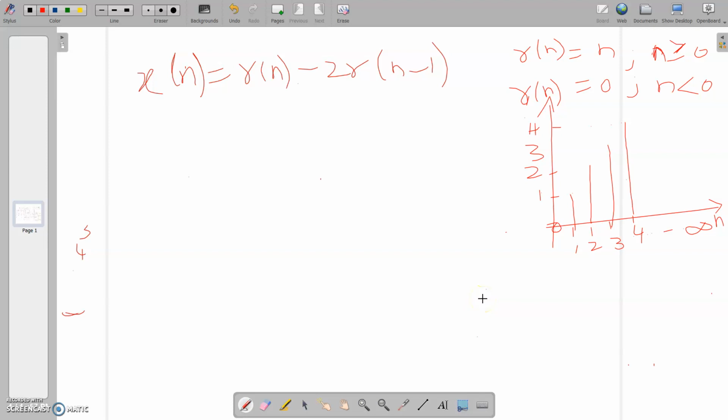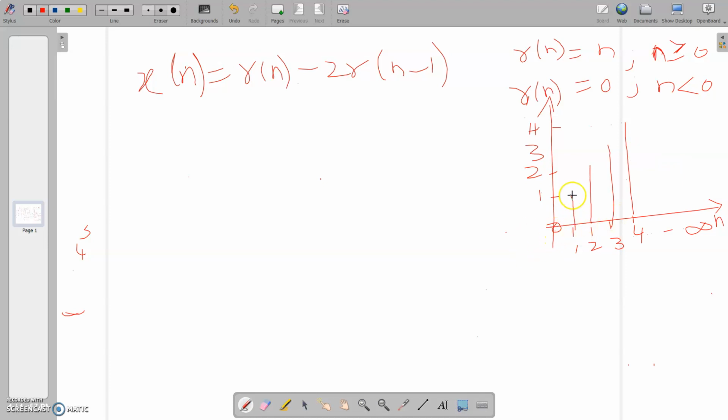Students, today we are going to discuss the subtraction of ramp signals in the discrete time domain. For that we have to define our ramp signal. What is R of n? R of n is equal to n for n greater than or equal to 0, and it is 0 for n less than 0. And this is the graphical representation of R of n, where the value is 0